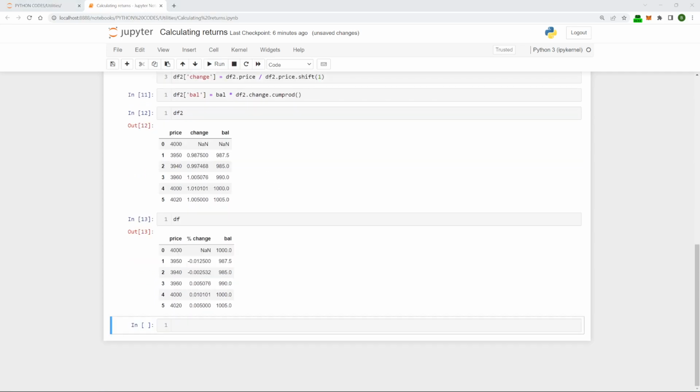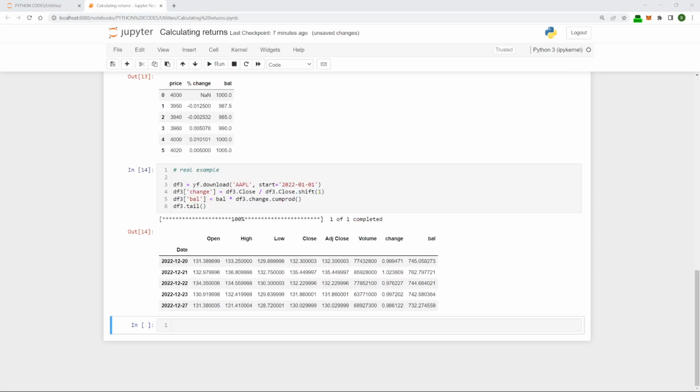Finally, a quick real-life example. If we download and apply the same procedure to Apple for 2022, we can see our balance is down to $732 from our original 1,000. This is our benchmark return for buying and holding Apple at the start of the year. Of course any system needs to have a better balance than the benchmark to be considered. So this will be the